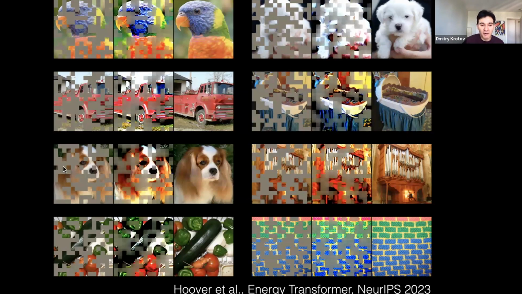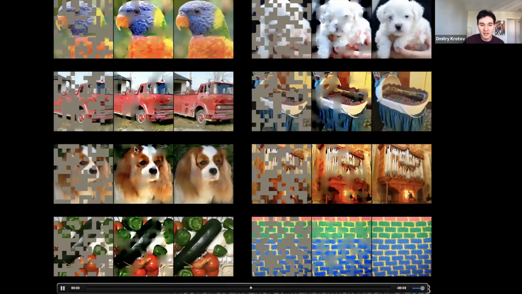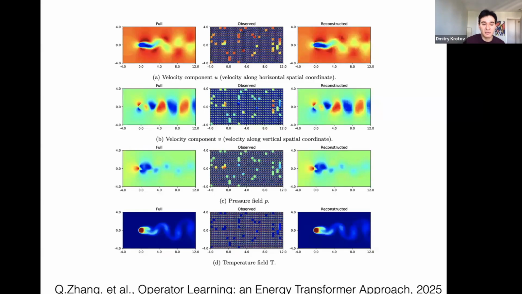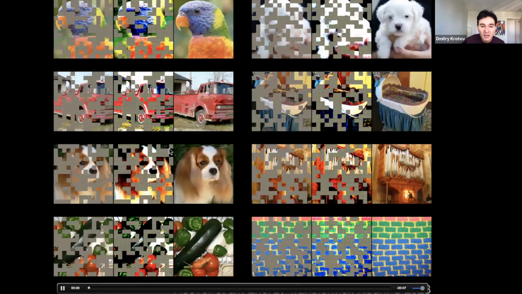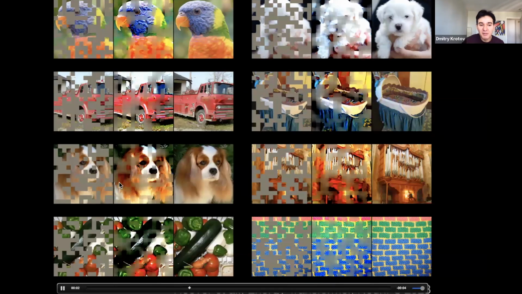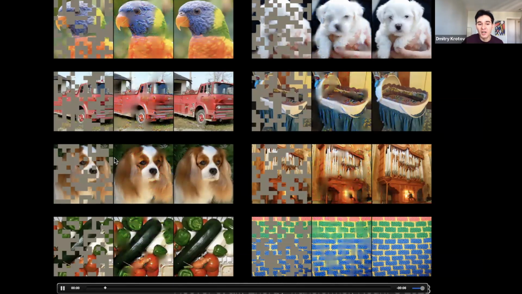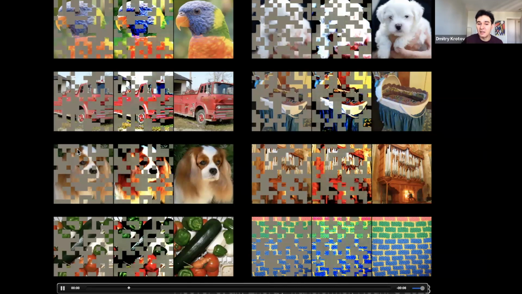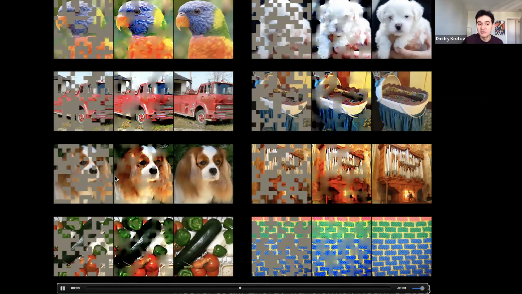So for example, if you focus on the boundary right here, at the boundary between the background of this dog and the fur, the ear of that dog, you can see that despite the fact that most of that boundary has been occluded at the initial moment of time, the dense associative memory manages to smoothly interpolate and reconstruct a nice boundary between the green background and the fur of that dog. The reconstructions are very far from perfect.